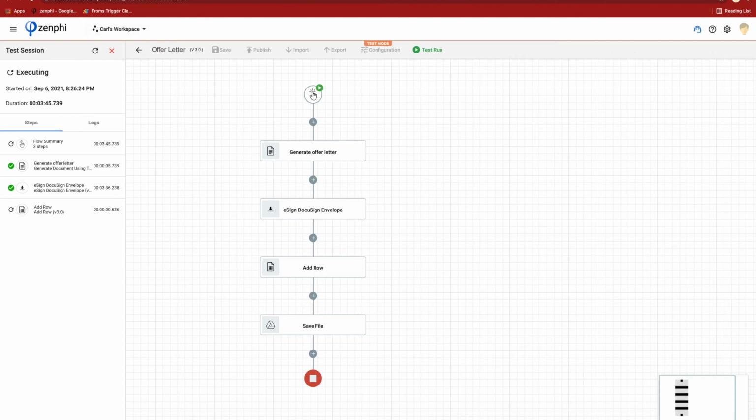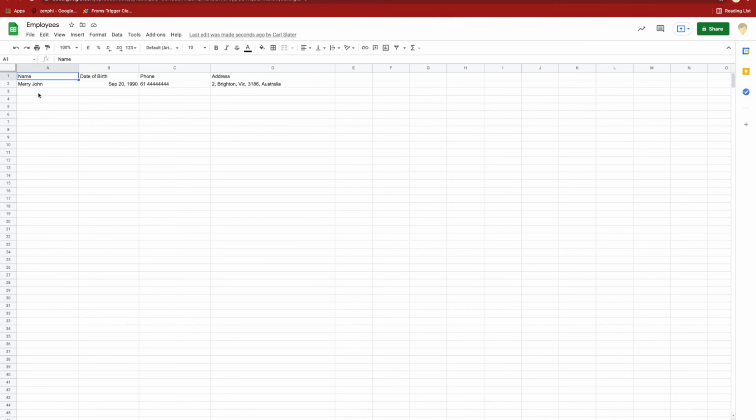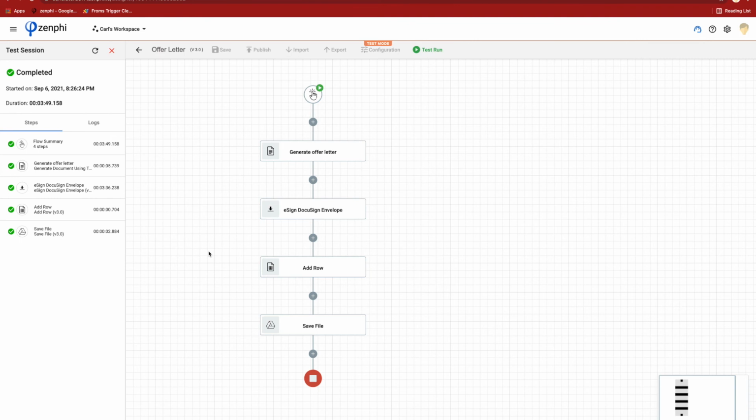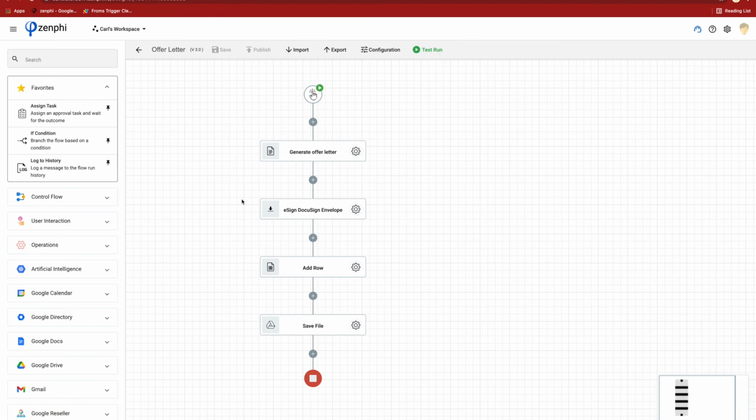Let's go into the add row, and add row is done. As you can see, the specific information is available and got added to the sheet. As you can see, you can use the eSign Power Task Form feature of Zenphi to optimize your processes to use the same document as a task form while it's getting digitally signed. In this case,